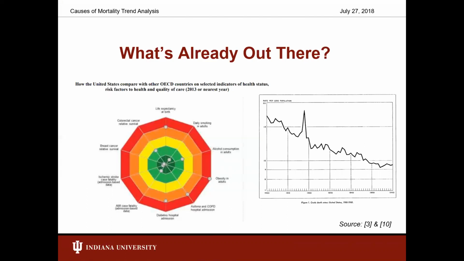lower. The chart to the left basically describes how the US population stands with the rest of the world in terms of specific key metrics, like how many people in the US have asthma, or if there's obesity in adults. As you can see, that's closer to the edge, meaning that we are definitely the leaders in the world for having the highest rate of obesity in the country.